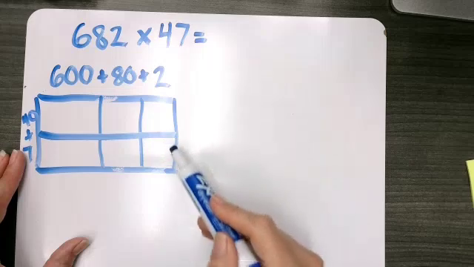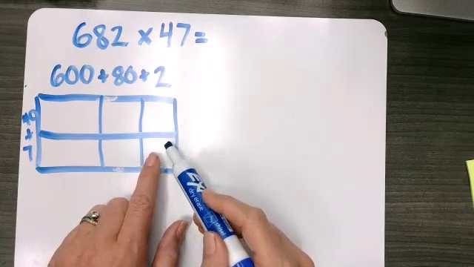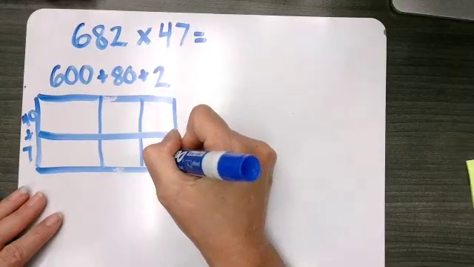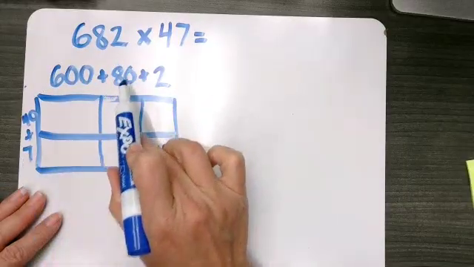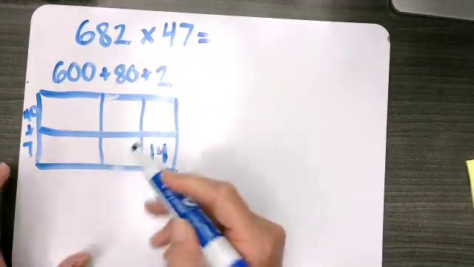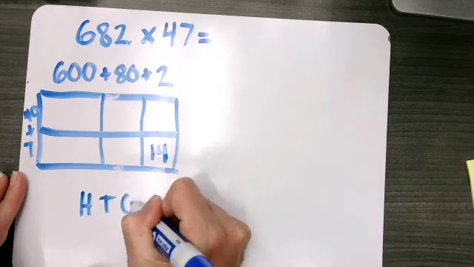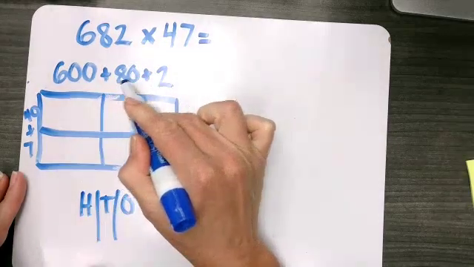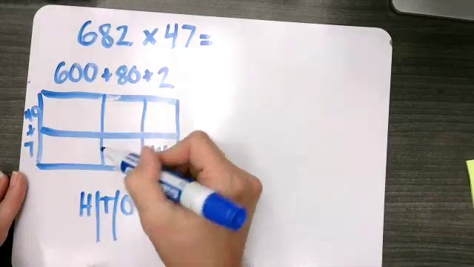So the first thing we'll do is we'll start down here and we're going to multiply 7 times 2. 7 times 2 is 14. Going across, now we have 80 times 7. A great way to think about this is that place value chart. So hundreds, tens, and ones. We have 8 tens times 7. So 8 times 7 is